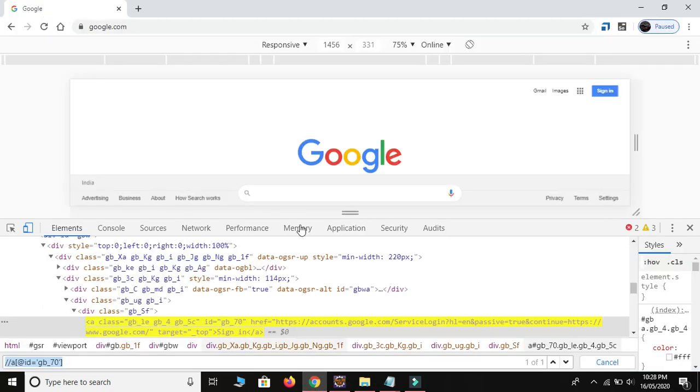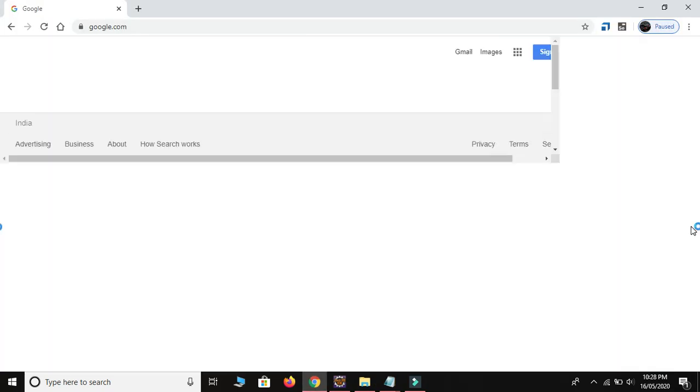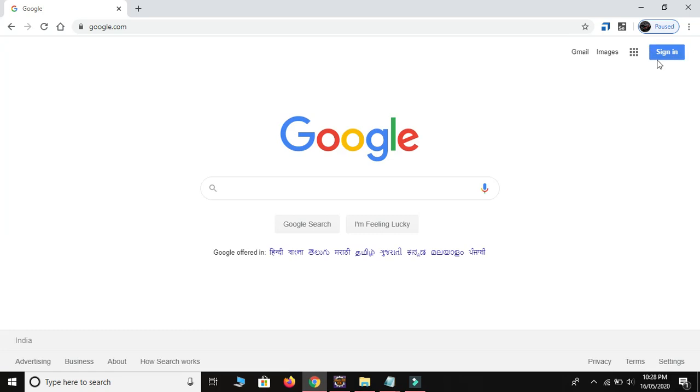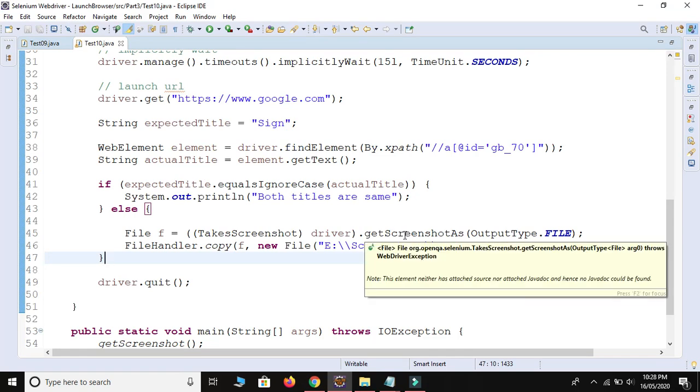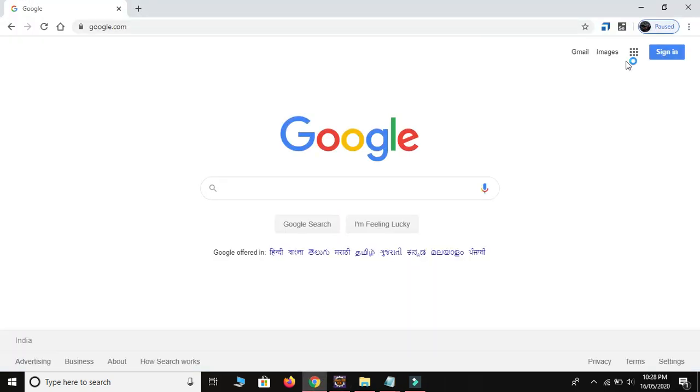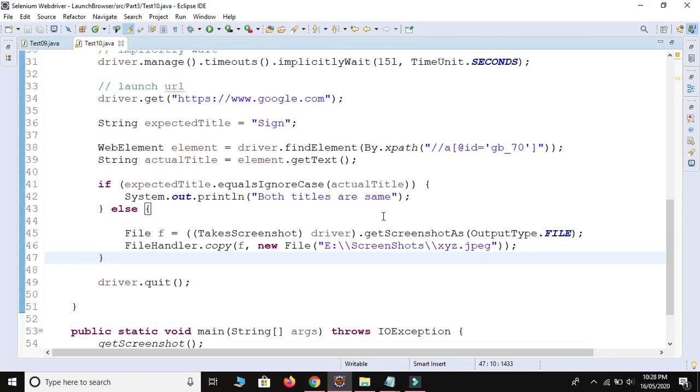But in this web page we got a problem with this web element, which is sign in. After taking the screenshot we need to draw a border around this web element and then attach it with our test case. So better to draw the border at the time of taking the screenshot.